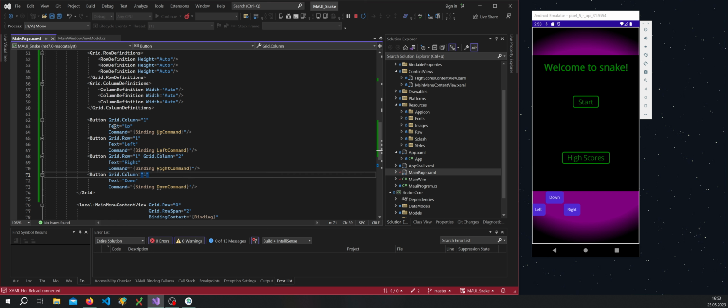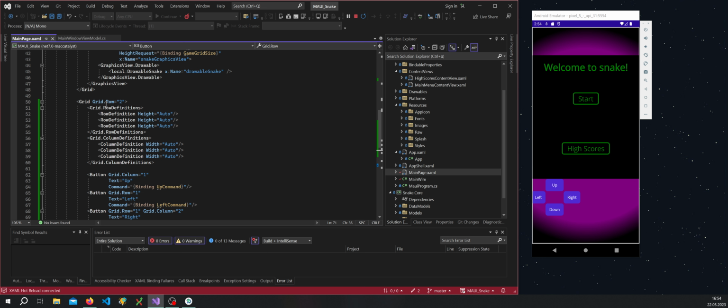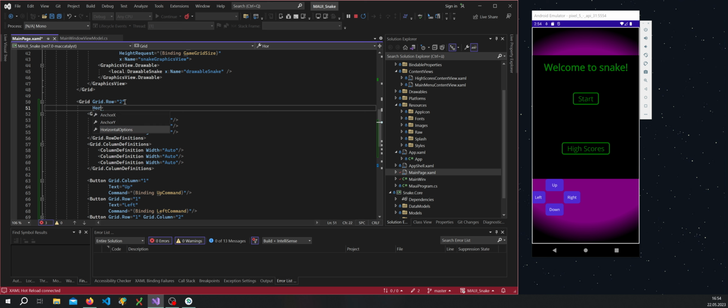And the last one is going to be column 1, but grid row 2. Okay, so that looks good. Now we just need to center this grid horizontally, so we'll go horizontal options, it'll be center. Perfect. Okay, now we gotta style these buttons, and